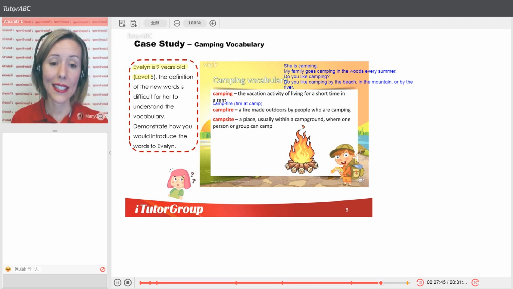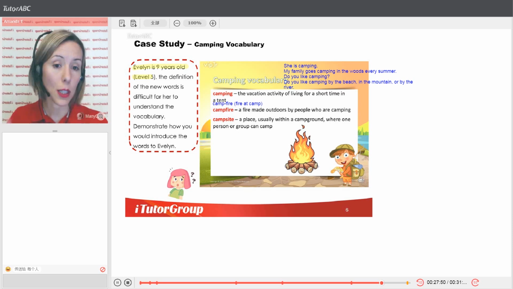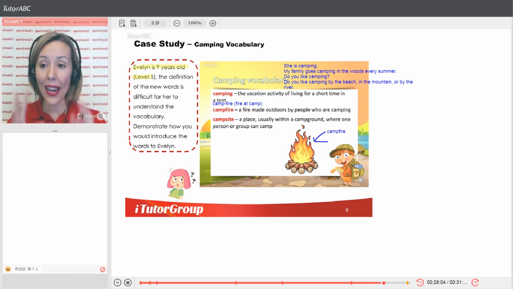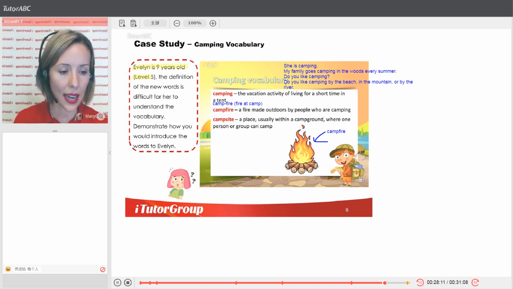Now we can appeal to her senses a little bit by talking about what a campfire smells like or looks like. And also, we've got a picture built in, so go ahead and label it. Label the picture, or maybe ask her, what is this, just to see if she knows first. And then make sure to make notes on the page, so when she looks back later, she will see the campfire and see the word there, and she can definitely make the connection. And then I might ask,